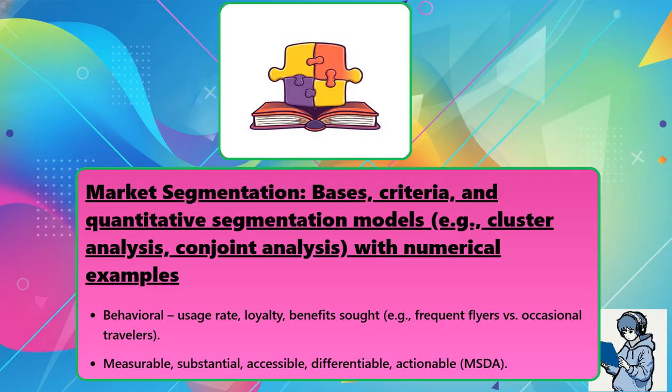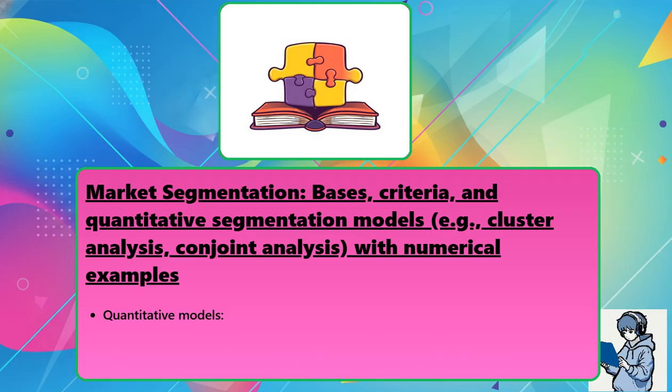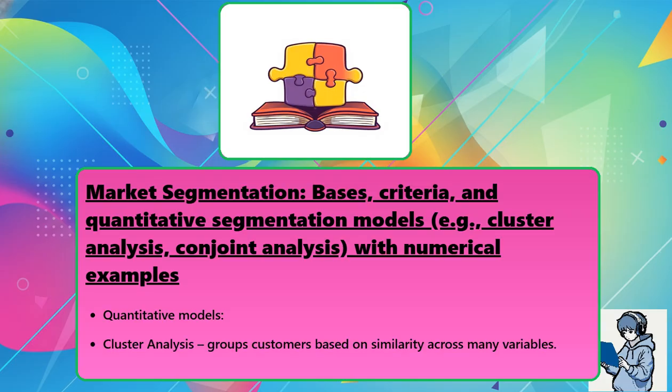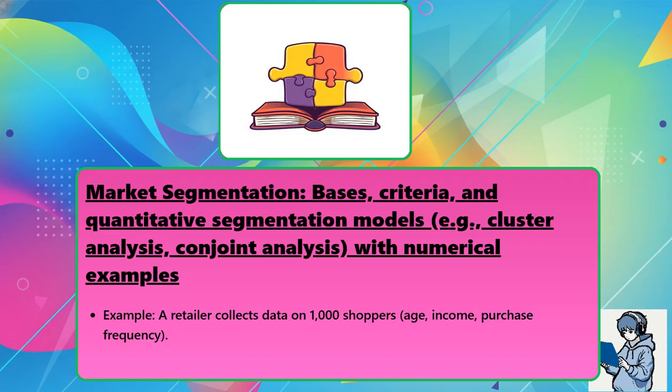Effective segments are measurable, substantial, accessible, differentiable, actionable: MSDA. Quantitative models: cluster analysis groups customers based on similarity across many variables. Example: a retailer collects data on 1,000 shoppers: age, income, purchase frequency. Using k-means with k equal to 3, the algorithm yields: